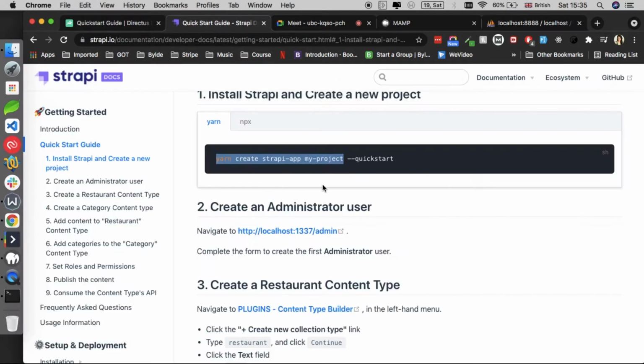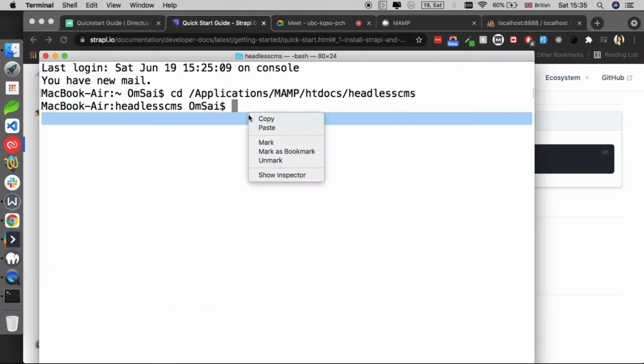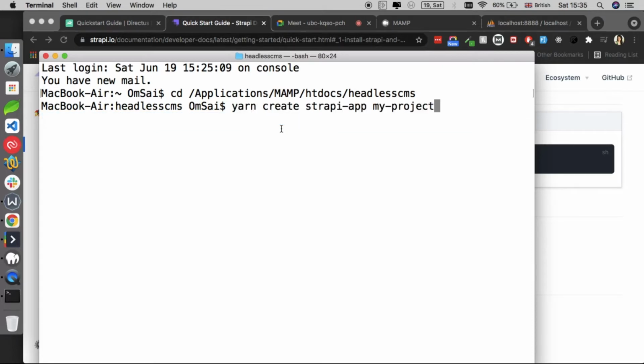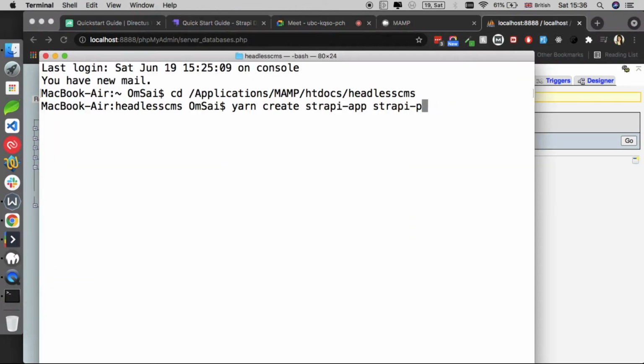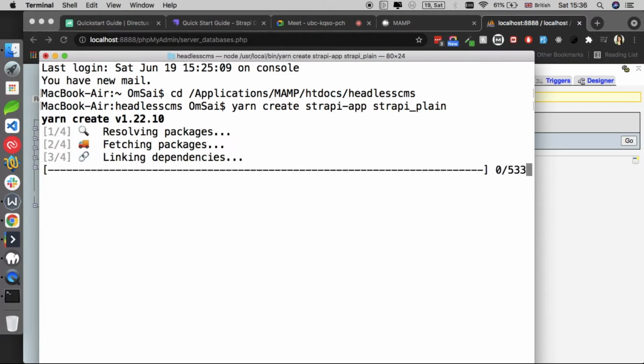Right, so let's go back and head to our command, go back to our folder here and then paste it. Now remember, you don't have to name it my project. You can name it as anything. So I'm gonna name it Strapi plain. I think that's the name of our database also. Yeah, that's what I'm going to name it, Strapi plain. Okay, so it will start installing Strapi and it will fetch quite a lot of packages and dependencies